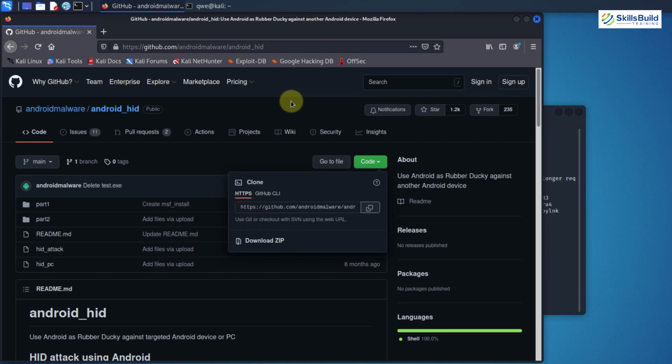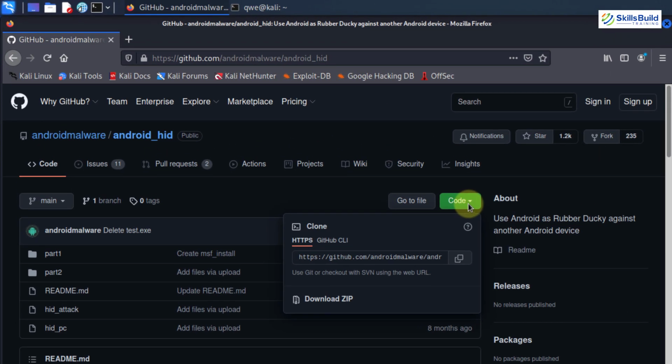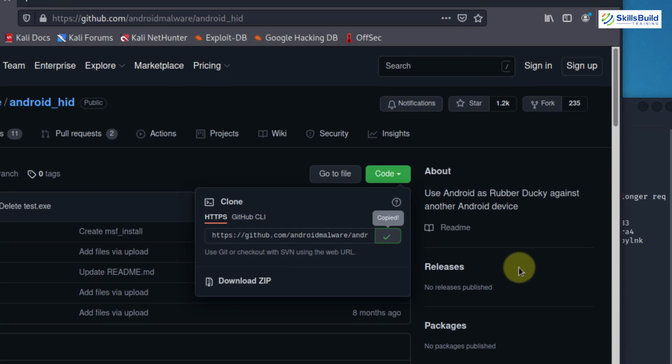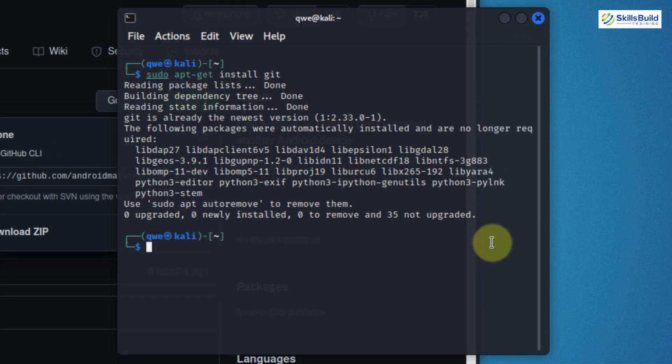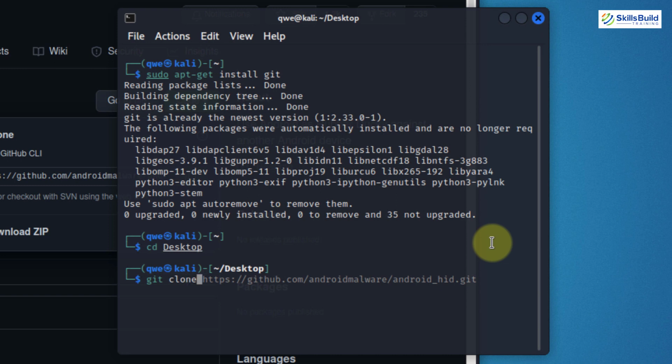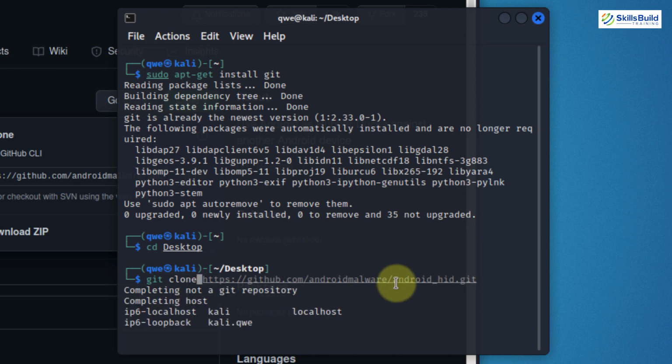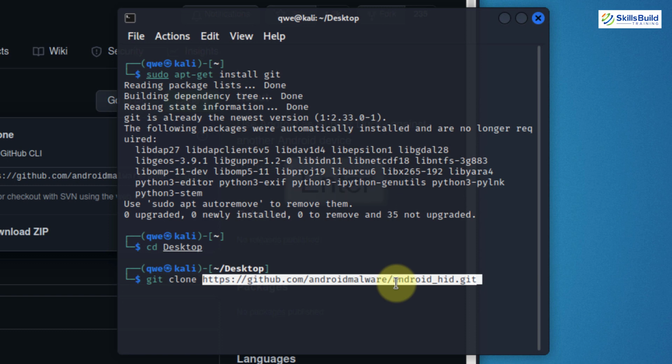This is one of the projects that is available on GitHub. You just need to click on this button that says Code, and from here just copy that link. And after that, come back to your terminal and go to a particular directory where you want to clone this project. I'm going to my desktop, and after that I'll clone this project. I will just write here git clone, and as I have already copied this address, I will just paste it here, and now I will just hit enter.